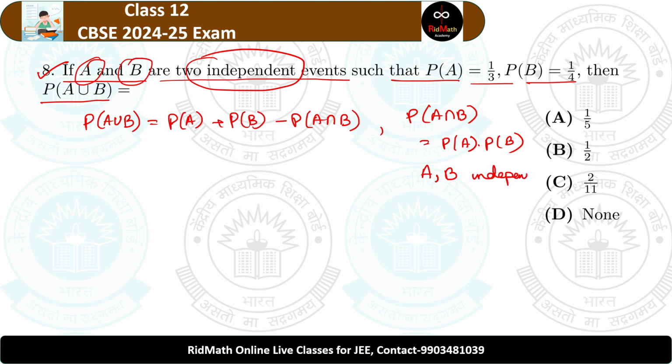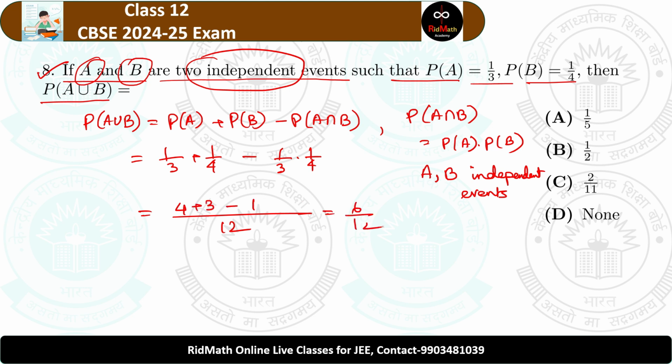So that is equal to 1 by 3 plus 1 by 4 minus 1 by 3 into 1 by 4. That is equal to 12 LCM. So this is 4 plus 3 minus 1, that is 6 by 12, that means half. So option number B is correct, half. Next problem,